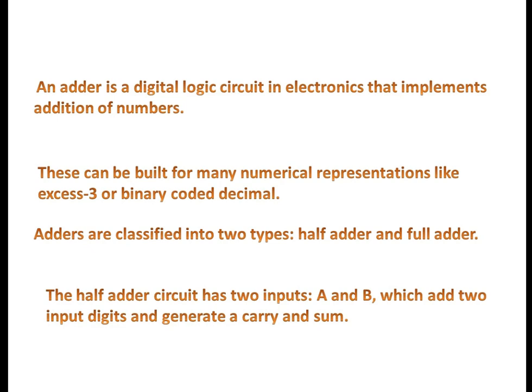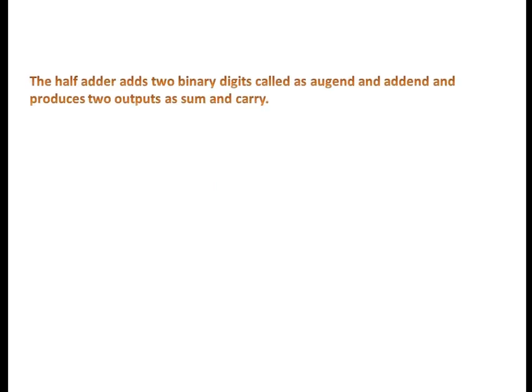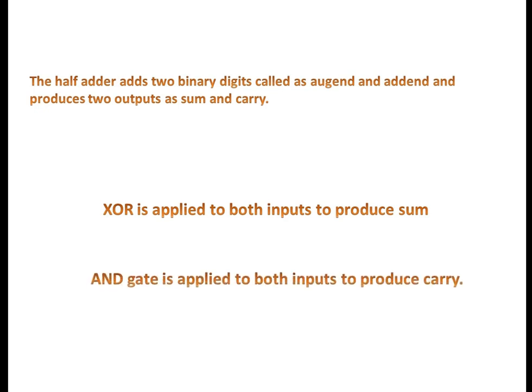So when you are taking the half adder, two inputs will be added and output will be generated as a sum and carry. So we have two outputs, that is in the form of sum and carry. XOR represents the sum and AND gate represents the carry. When you are adding the two digits A plus B, you will get sum as well as carry. To get the sum we use XOR gate, to get the carry we use AND gate. If you need the AND or OR gate's logic diagram, then check the videos, it will be available.